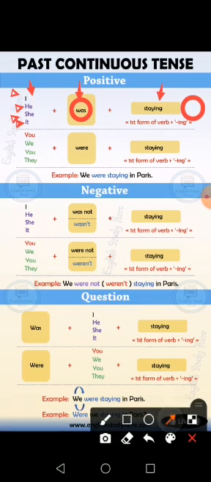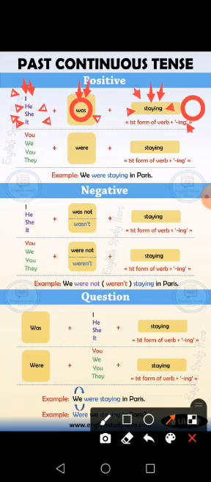Look, I was staying. We add ing to the verb. Can you see? He was playing. She was, for example, drinking. It was,